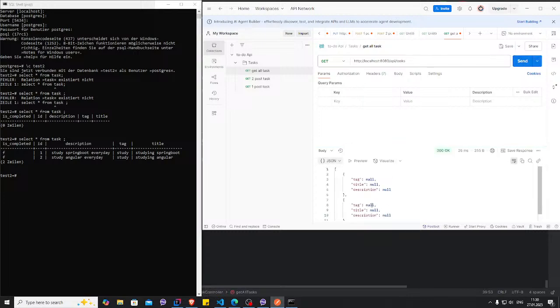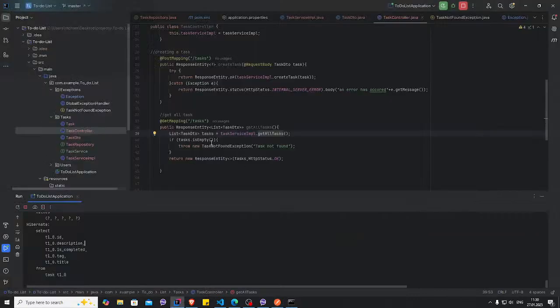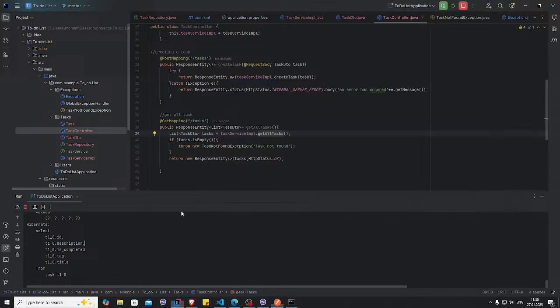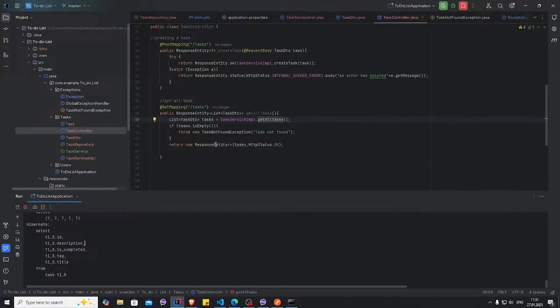Okay, this is weird. I don't think I have enough power to judge. Why is it going for null? But it's printing the correct information though. It's only the tag, title, and description. So I think the error might be with